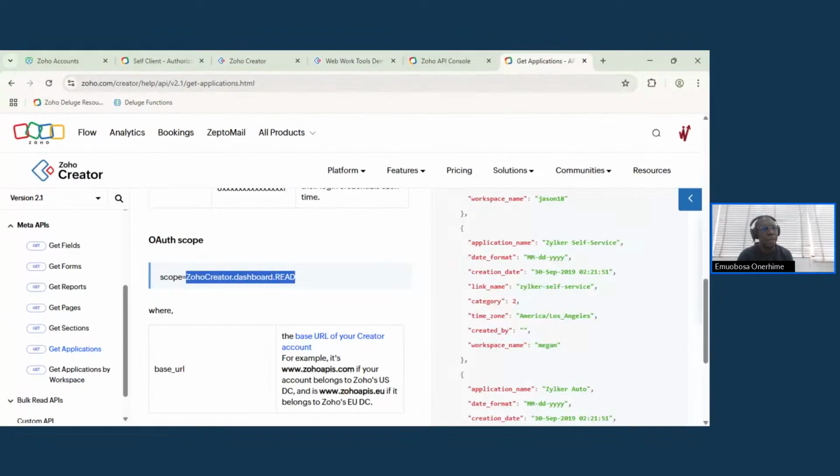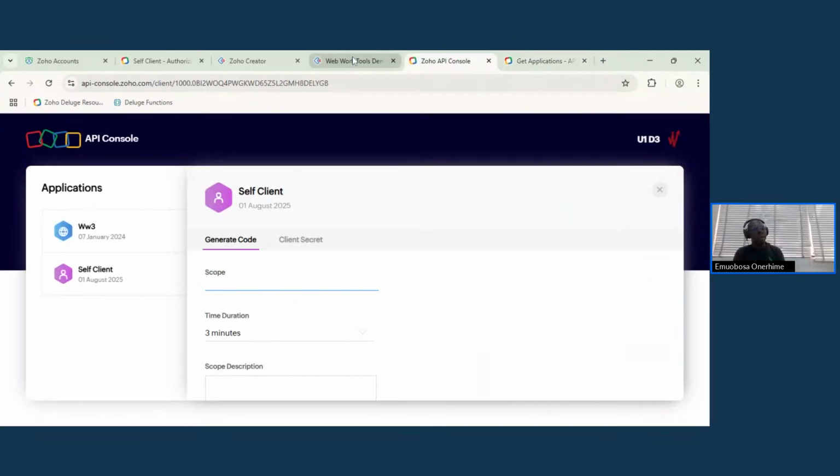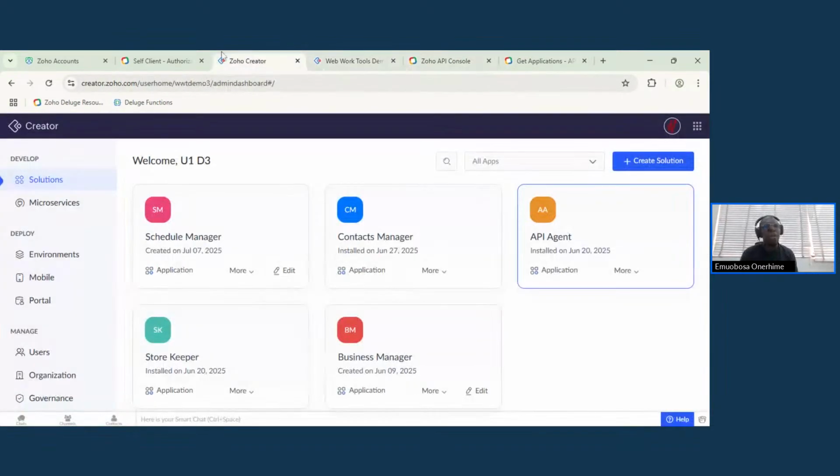You can have several scopes here. You can have different scopes in one API connection. But you definitely have to separate the scopes by using commas or spaces. Okay? So when you come here, you drop the scope, dashboard read. Let me even put a second scope. Let's say,